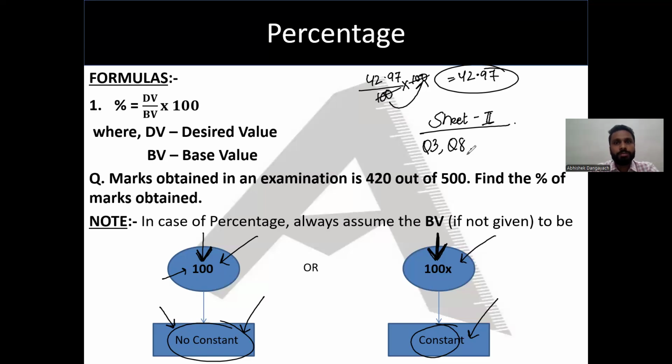Read the question. Can you find some numerical data except percentage in the question? Yes, there is a constant value 1305. So since there is a numerical data or constant value given in the question, we'll go with 100x rather